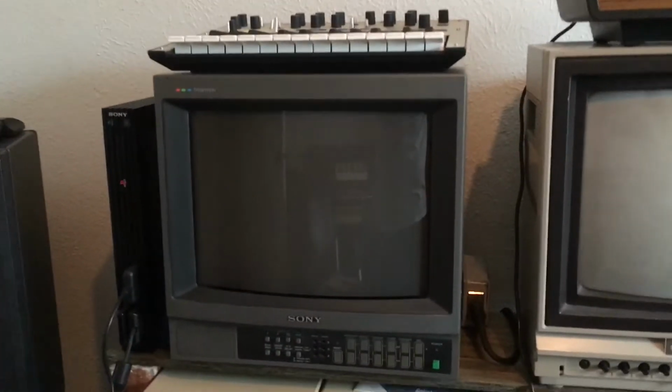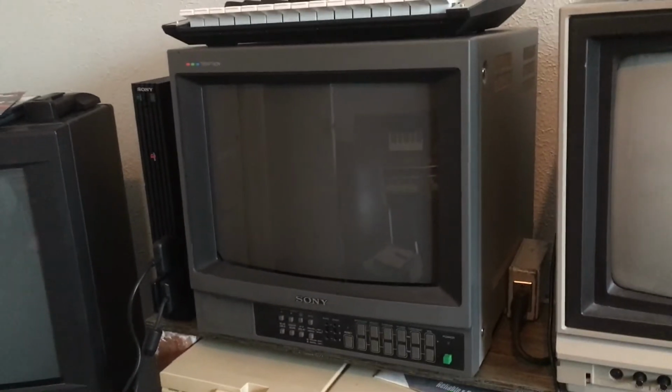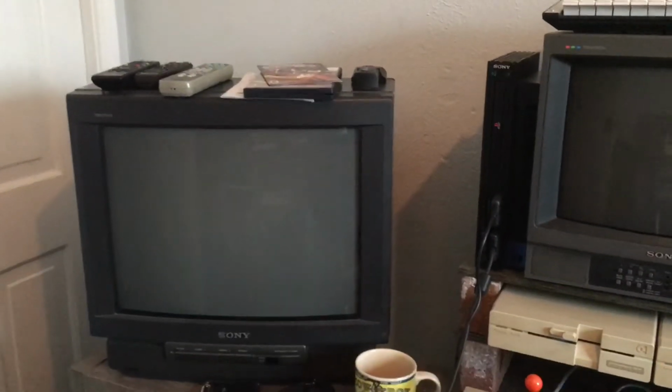I got my first PVM. This was a local deal. I did a trade with a guy for this PVM. It has some minor issues, but I'm not going to complain for what it is and what I have into it. So you've got the PlayStation here, hooked up to the big Trinitron,